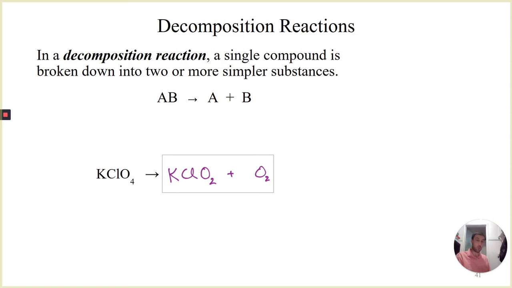That would be a decomposition. I could also have just as easily written KCl plus O2. And I would know that that was the answer because I remembered two videos ago, maybe one video ago, that we talked about very briefly the decomposition of potassium perchlorate. So again, I don't expect you to have that memorized. What I expect you to be able to do